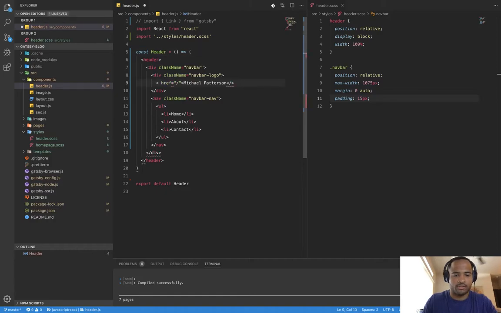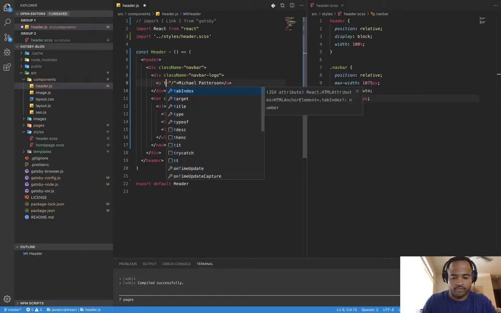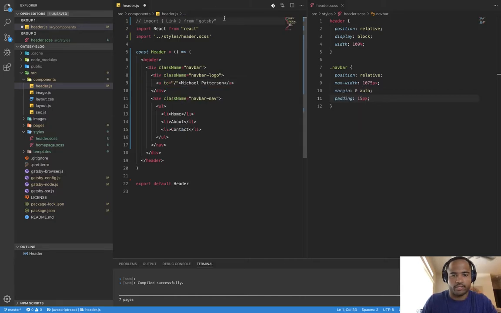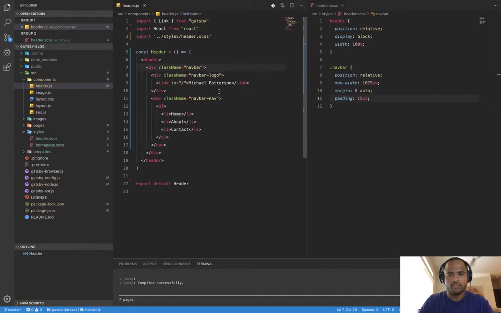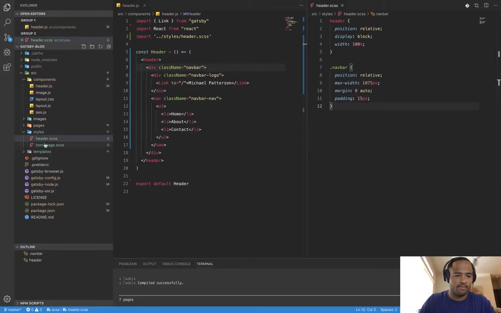Actually, let me do this. Go ahead and take this off because Gatsby is actually going to make this an A tag anyways. So we'll do that. How about that? Yeah, okay. So already looking a little bit better, kind of giving a little bit better spacing. And actually, I'm kind of surprised. I guess we should do a